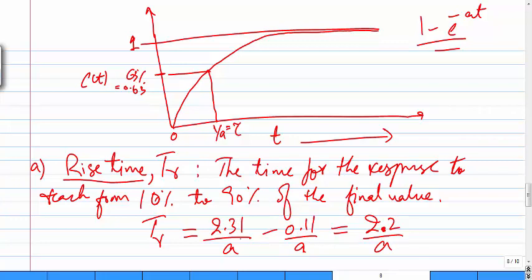So I subtract this because I need the time between them, so it becomes 2.2 divided by a. So this means that if you have a first order system, your rise time is 2.2 divided by the pole value,